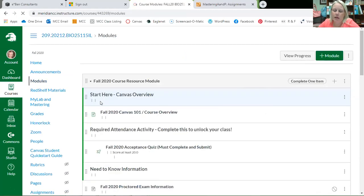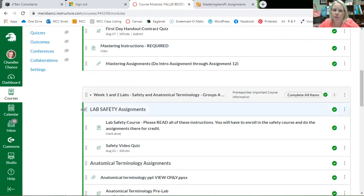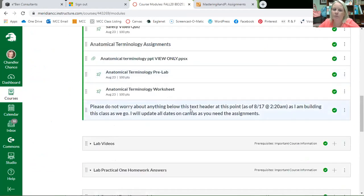Now, one other thing, and this is kind of why I got on here to show you. Notice that this says, please do not worry about anything below this text header at this point. So anything below here, although it's there and some of it's going to open up, don't worry about it. Okay. I'm building this class as we go because, like I said, this is all new, and up until Friday I didn't really know for sure what I was teaching. So I'm building it as we go, and as we go you will see more assignments pop up. I will fix due dates, change due dates according to what this semester requires of you. Okay, so you guys don't worry about anything else except what's up there above that right now. Okay, all right,